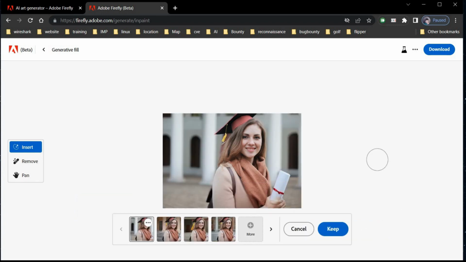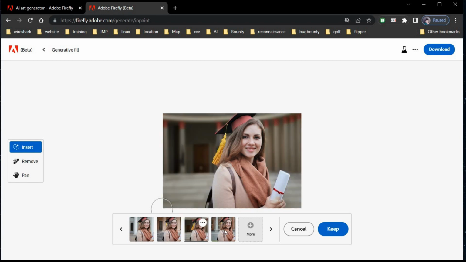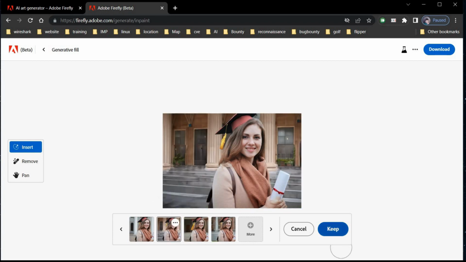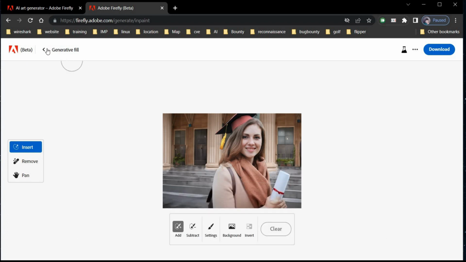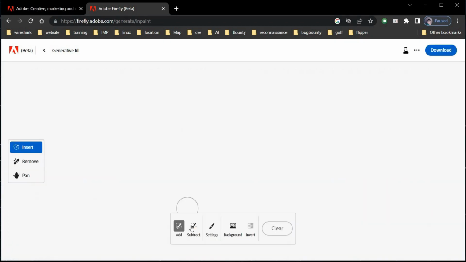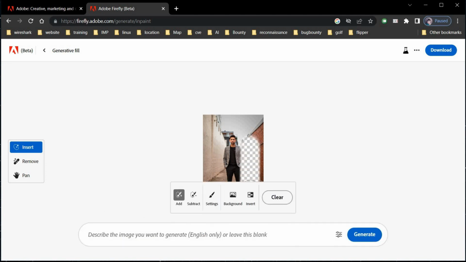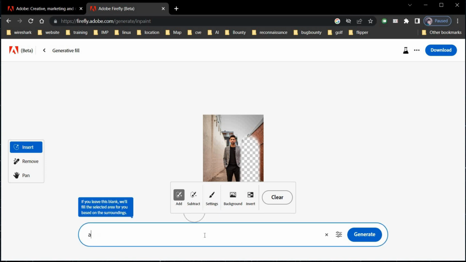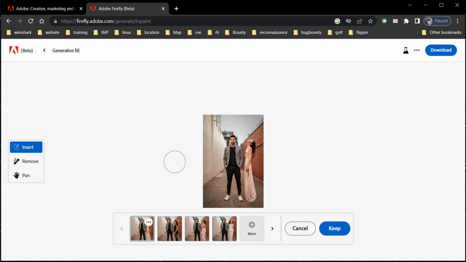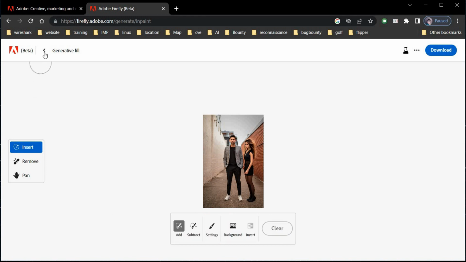You can download the image if you like to. Select the best fit and download the image. Get back to the previous page and let's play with some more images. Upload image, select area to add, write description and tap on generate. This powerful and easy to use tool is not only helping professionals but also the beginners. You can select the best fit, keep the image,